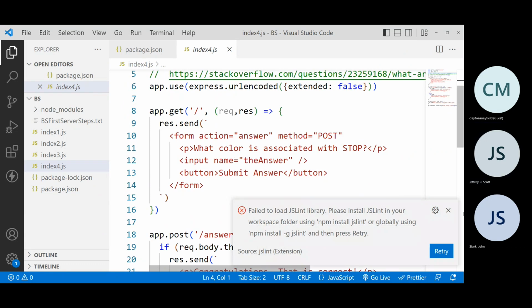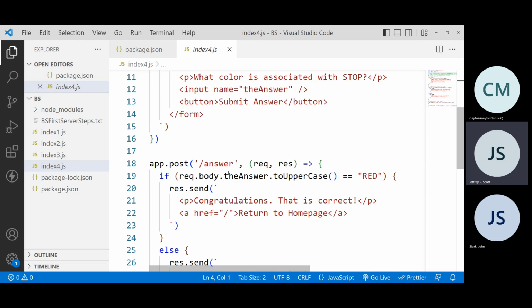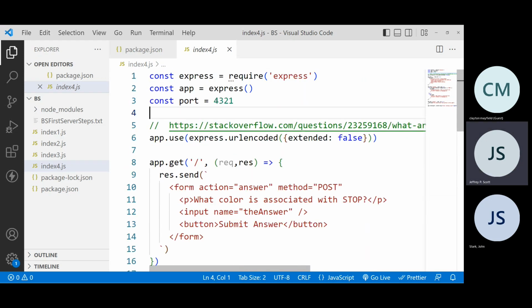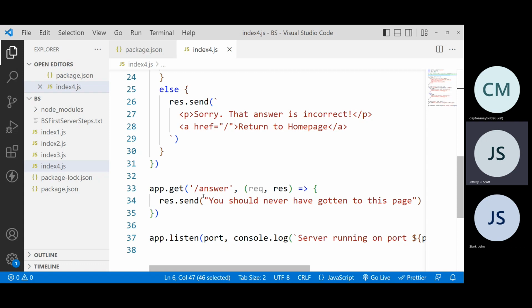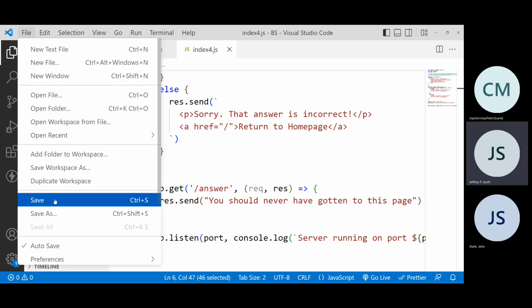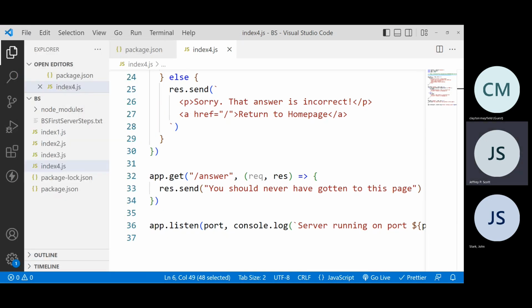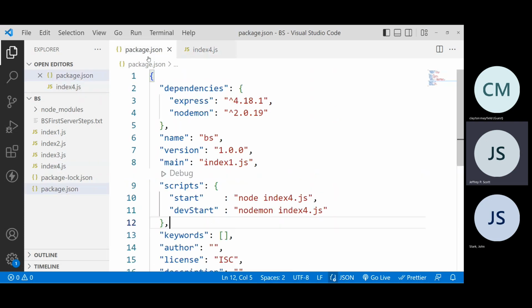All right. So I'm going to actually change this. I'm going to just give it a different port number. So I'm going to give it 4567, just so there's a different port number in there. That's all. Okay, good. All right. Let me run it. Okay, file, save. And I know what the problem is, but that's okay. We'll fix it in a minute. So it'll be 4567. I'm going to have to come back in here and make sure in my package.json,